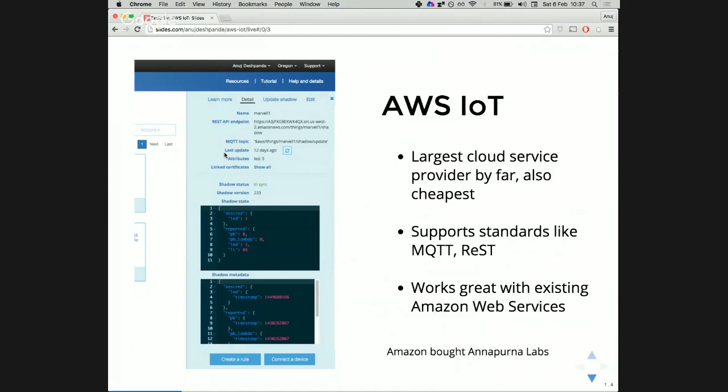Interestingly enough, Amazon also is in hardware, right? We've all used Kindles, and we've seen Amazon Echo and Fire TV and all of that. But apart from that, they've also bought a silicon firm. Annapurna Labs is a microelectronics company based out of Israel, which makes silicon, like Marvell, like TI and stuff like that. And now Amazon has bought that company. So it's an interesting thing. Amazon owns everything from the silicon all the way up to the cloud, right? That gives them a unique advantage of seeing everything from all points of view.